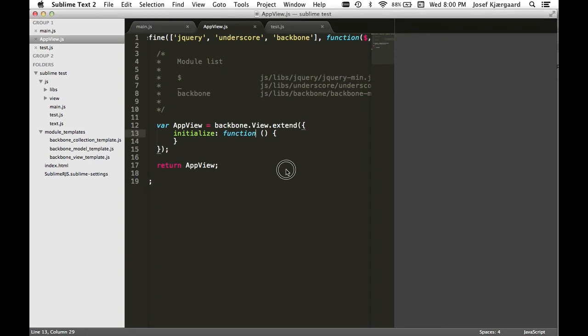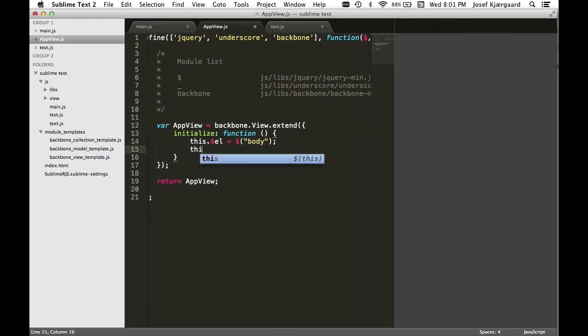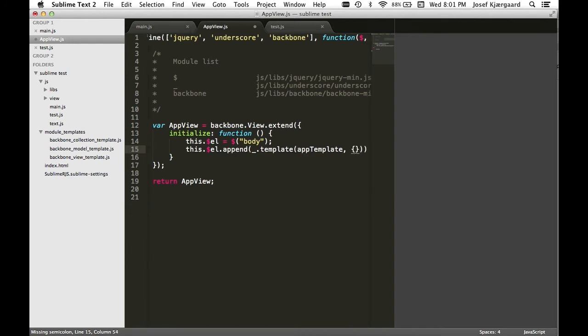Alright, so far we've only worked with script modules. You can also load in text modules, which is helpful for example, adding markup to a templating system. And that's exactly what we'll do here. So I'll just add some content, and here we will append and use _.template, and in here we will add our text module and some content